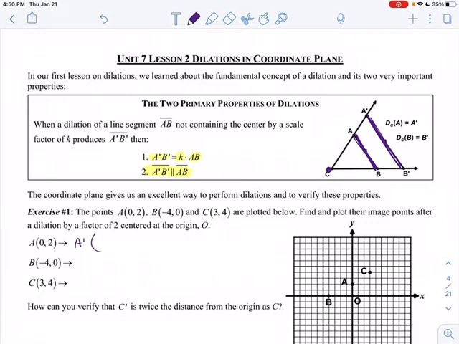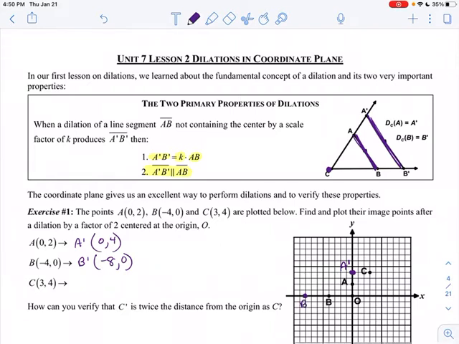So 0 times 2 is 0. 2 times 2 is 4. My new point is (0, 4), and I'm going to put that right on my graph and call that A prime. B is the point (-4, 0). Again, I'm going to multiply the x and the y by 2. So -4 times 2 is -8, and 0 times 2 is 0. And then you're going to plot that. So I got (-8, 0),